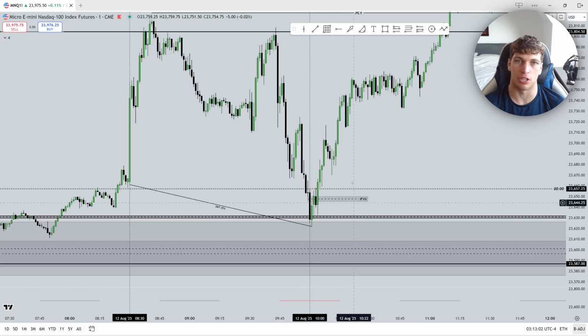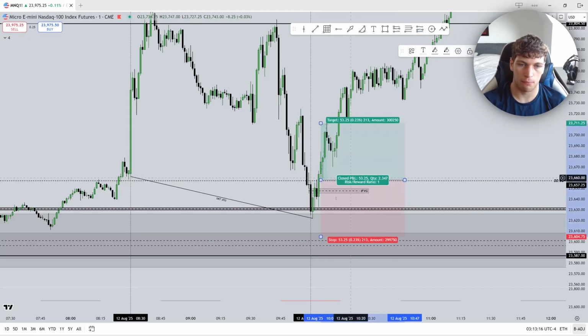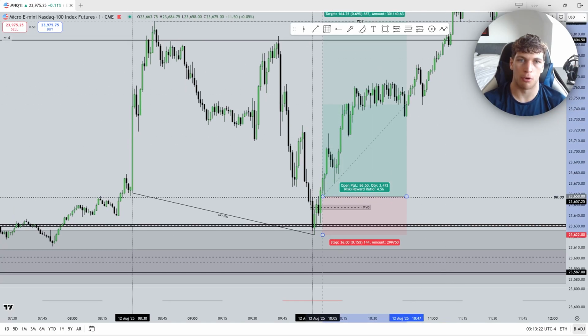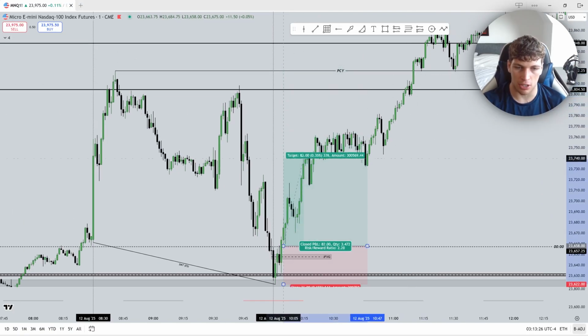Like I say, the market is extremely bullish. I want to see reactions now. The first thing I saw here was an immediate rebalance after we broke above the inversion fair value gap here. And this is where I entered. So I ended up entering here, stop under there, and then targeting a 2 to 1. But my end target and my end goal was up here. However, I did get stopped out at a 2 to 1, which was there,